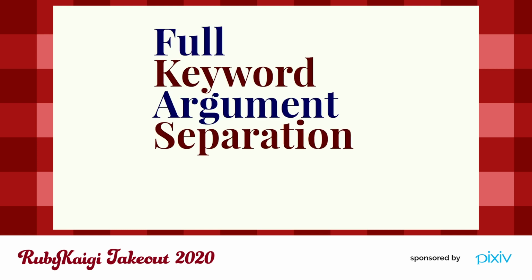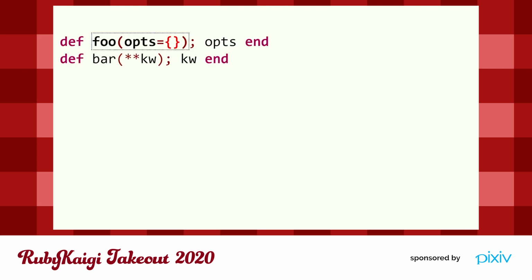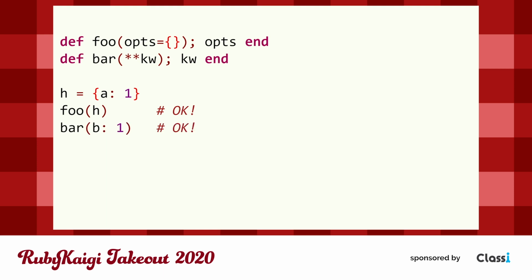The original proposed behavior was for full keyword argument separation, where keyword arguments would never be treated as positional arguments, and positional arguments would never be treated as keyword arguments. So if we have this code, where method foo takes a regular argument with the default value being an empty hash, and method bar takes keyword arguments, calling the method foo with a hash argument would be fine, and calling the method bar with keyword arguments would be fine. However, calling the foo method with keywords would be an error, and calling the bar method with a hash would